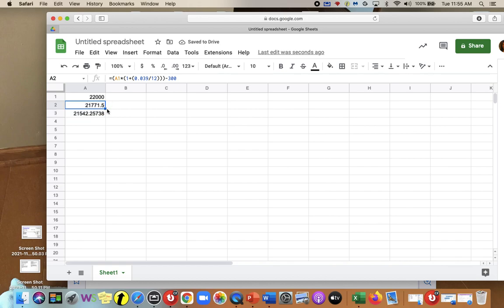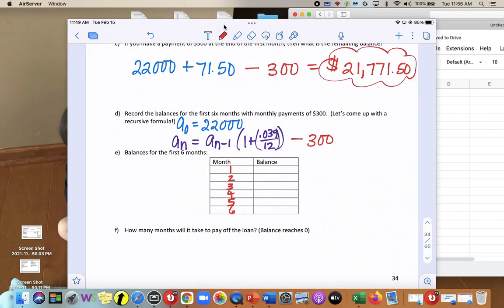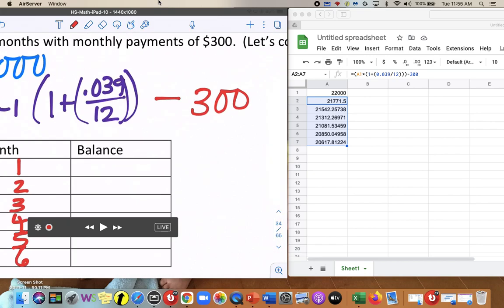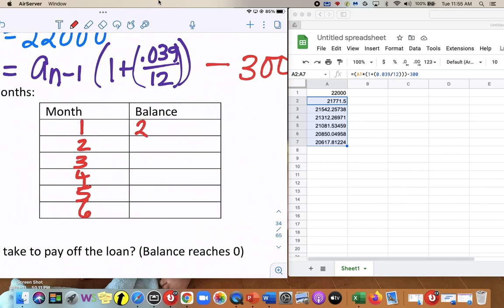And so again, to pull it down, I have to start. So for 6 months, I'll start at where I put the program and then pull it down for 6 months. So here's after 1 month, 2 months, 3, 4, 5, 6. So here's 6 months, and we can see after 6 months how much we owe. So let's just write that down here. Okay, so after 1 month, our remaining balance is